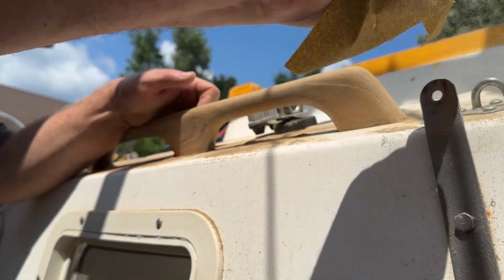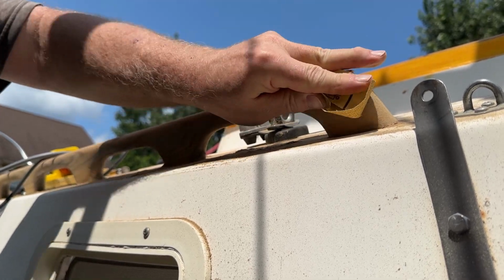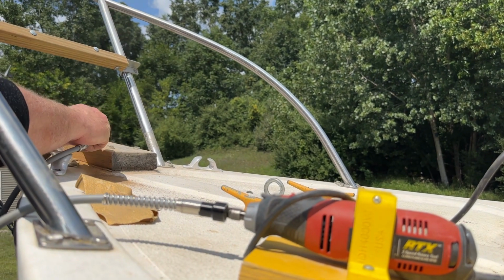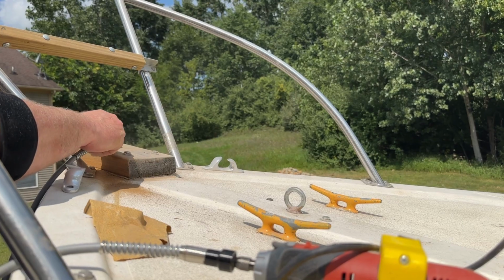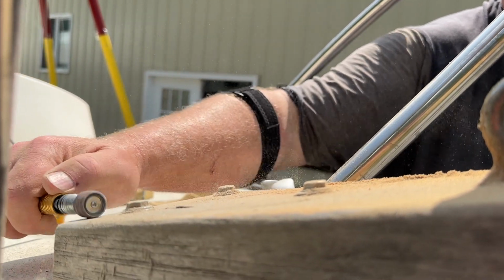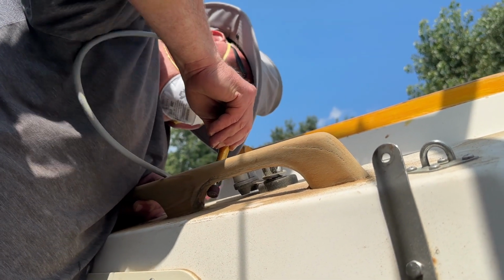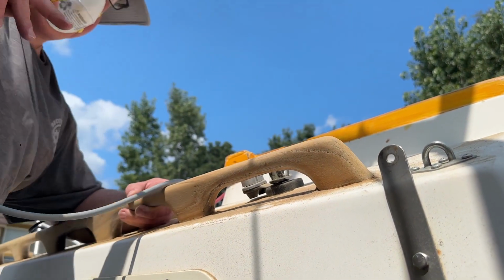Sometimes sanding by hand is just not feasible, and this is where I suggest that people use the snake. Now, I've talked about this tool before. It's basically a rotary tool with a flex shaft, and then you use some sanding drums to get in all the nooks and crannies and sand as best you can. Be careful not to damage the deck, and be careful not to remove any marine sealant or anything to cause any leaks. I've found it's not uncommon to spend 1 to 2 days just doing the preparation and the sanding